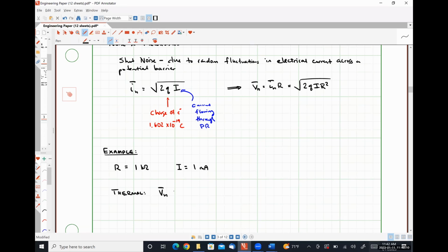So for our thermal noise, our noise voltage spectral density is the square root of 4 kBT R. So that's going to look like the square root of 4 times 1.38 times 10 to the minus 23 joules per Kelvin. We're going to assume room temperature, 300 K. And then we have 1,000